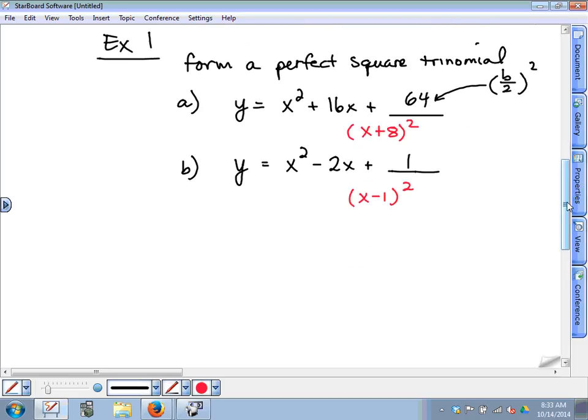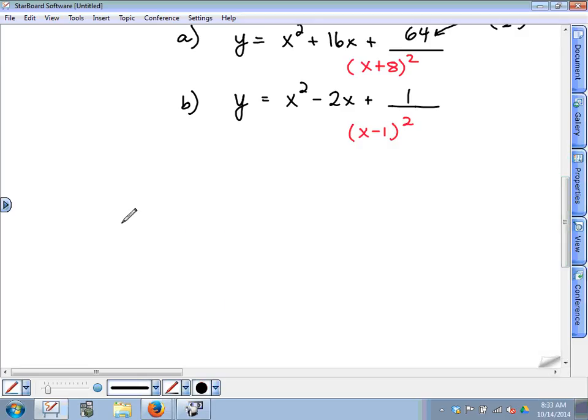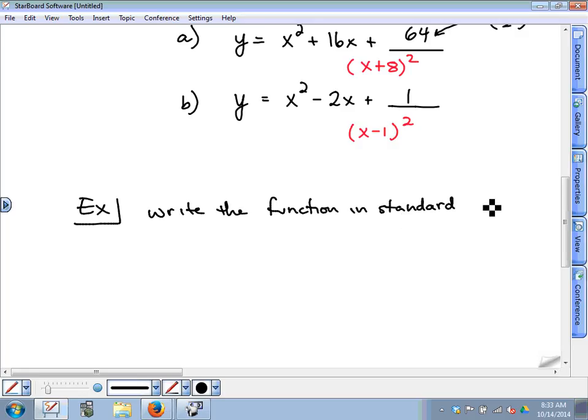Let's actually do the whole entire thing. So example 2. Write the function in standard form. This is exactly how your directions are going to read on the test. Write the function in standard form. There's a set of directions that's implied in this set of directions. It's not explicitly stated. When it says write the function in standard form, the implied directions are to do it